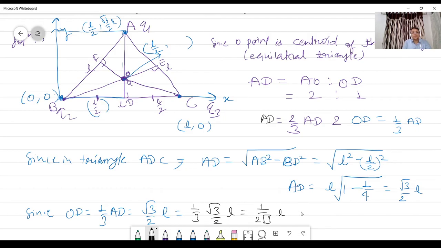So here OD we can easily determine, and since this OD is L into 1 upon 2 root 3, I can write here L upon 2 root 3 is the y coordinate of this point. So if you have all the coordinates, you can easily determine the net force on this point charge Q. So what I can do,